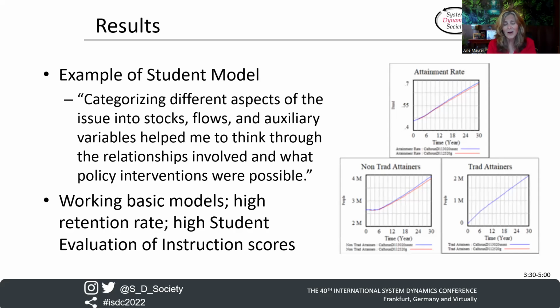So many of these models from our students were just excellent. I wish I had more time to share all of them. Instead, I'll overview one student's model here. She examined policies aimed at improving post-secondary credential attainment rates in Ohio's public higher education system. The Ohio Department of Higher Education set a 65% post-secondary education attainment goal among Ohioans 25 to 64 years of